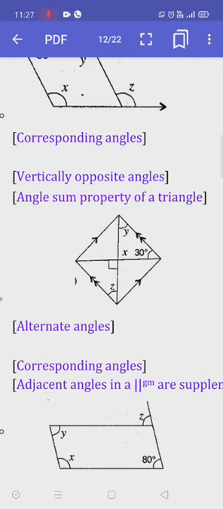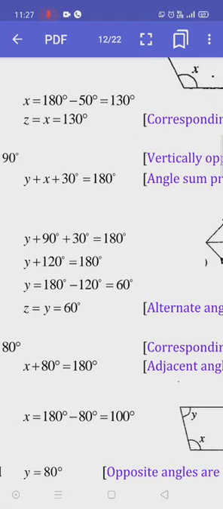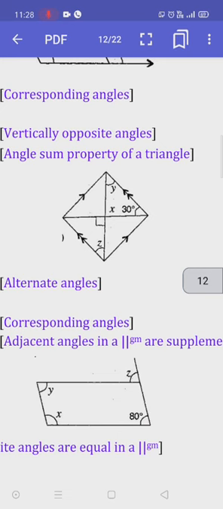My dear students, please see x and one symbol, the right angle symbol. So x and 90 will be equal because they are vertically opposite angles. The value of x will be 90. Correct? Now you can take the triangle in which you have angles x, y and 30. x you got 90. So we get y plus x plus 30 equals 180. Now y we have to find. x you know is 90 degrees, 30 already given. So 90 plus 30, 120. 120 we can transfer. So y equals 180 minus 120, y equals 60. Okay, y equals 60.